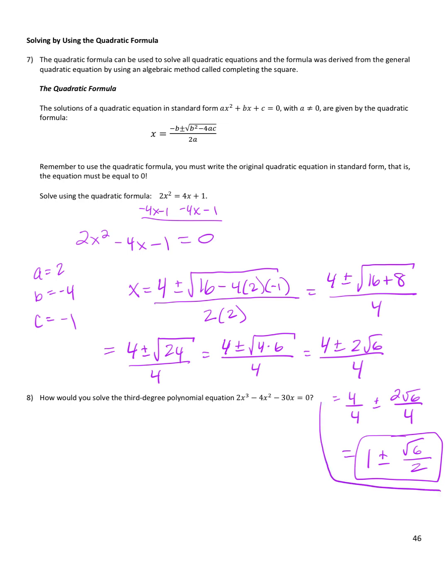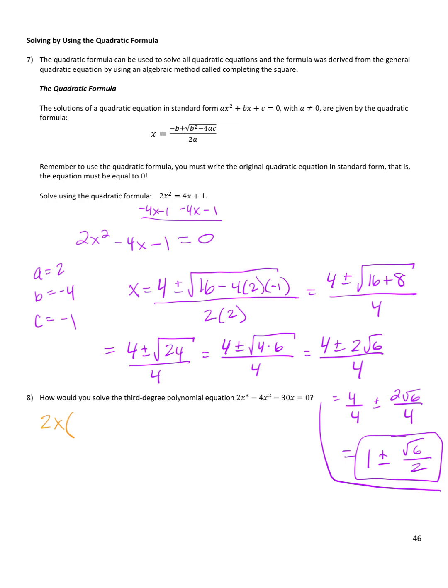Number 8, I have a third degree polynomial: 2x cubed minus 4x squared minus 30x equals 0. We don't have an equivalent formula for a cubic like we do for a quadratic. So my best option is to try to reduce this into a quadratic. Every single term here on the left has at least one x factor, so I'm going to factor it out. I can also factor out a 2. So I'm going to do 2x times